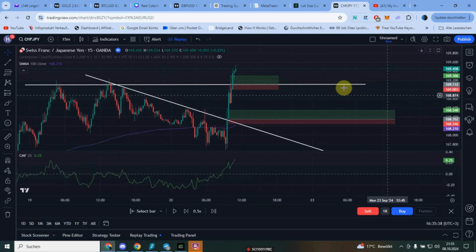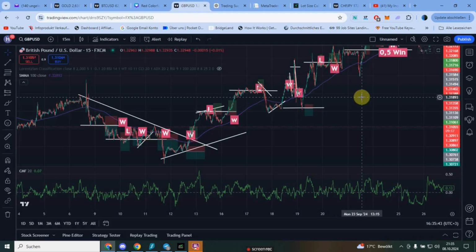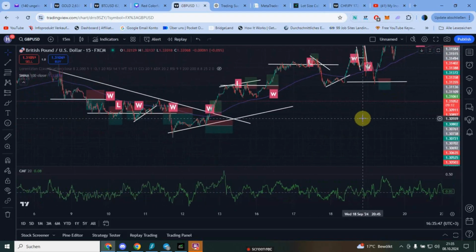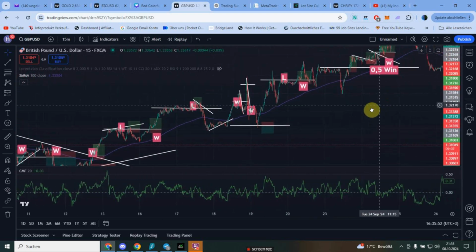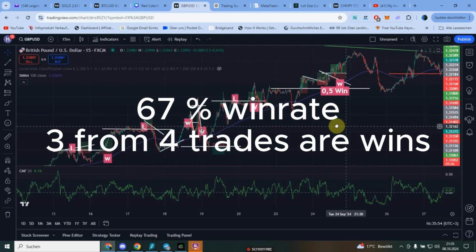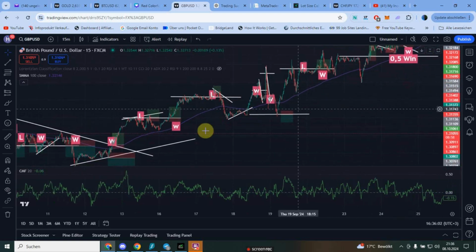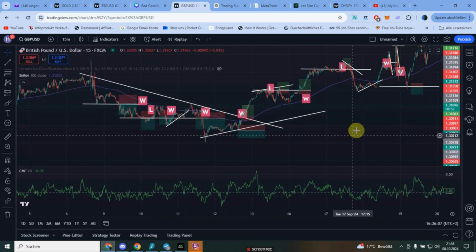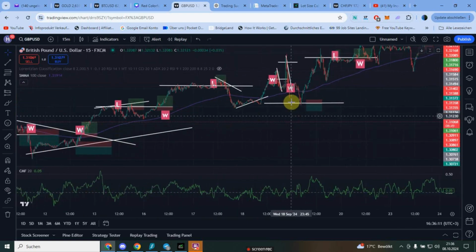I also backtested this strategy on British pounds against US dollars, and yeah, it went pretty well. And I figured out it has around about a 67% win rate. That means from 4 trades you win 3 trades, and that's very profitable. And as you can see, I do not always win. So between these wins I also have some 1 or 2 losses, and that's absolutely okay, because with every win